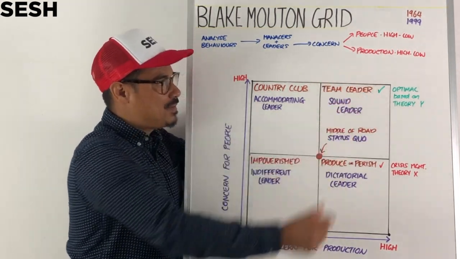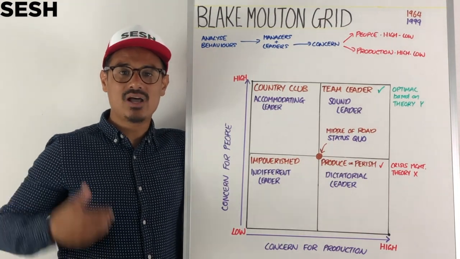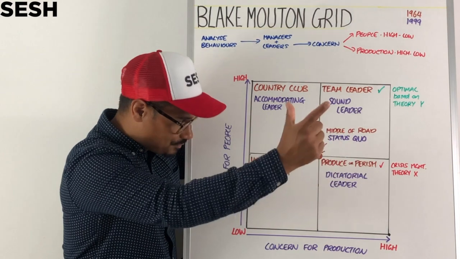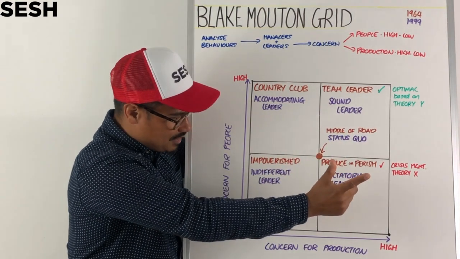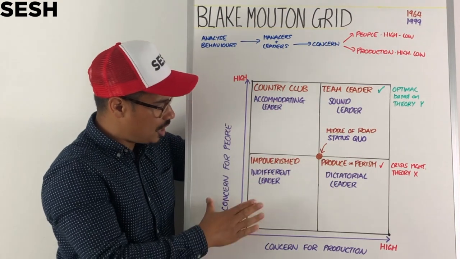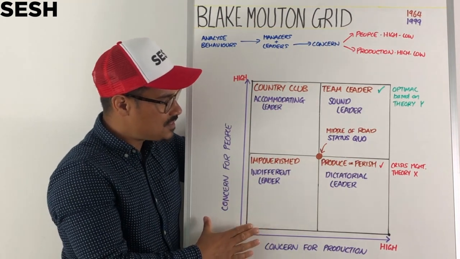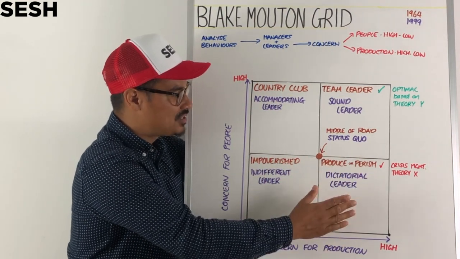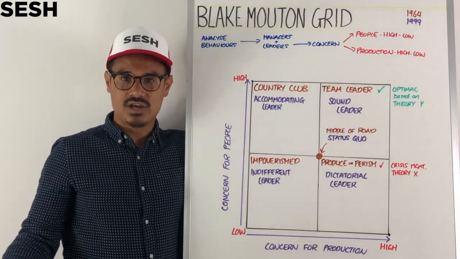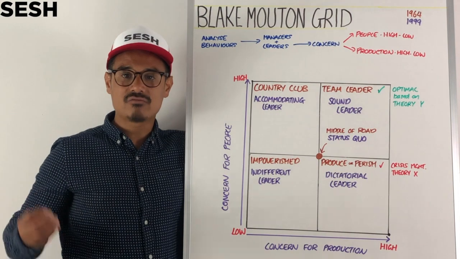And that's the idea you'd be a team leader. A team leader, or sometimes referred to as a sound leader. The next is if you are in the category that is high concern for production, but not much concern, low concern for people. This is referred to as produce and perish, or a dictatorial leader. And this is seen as ideal if you're in a business crisis, and it's very much based on theory X